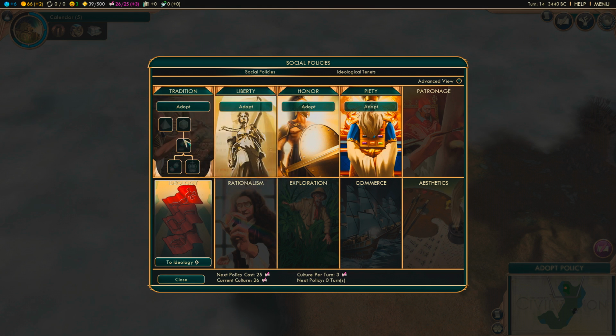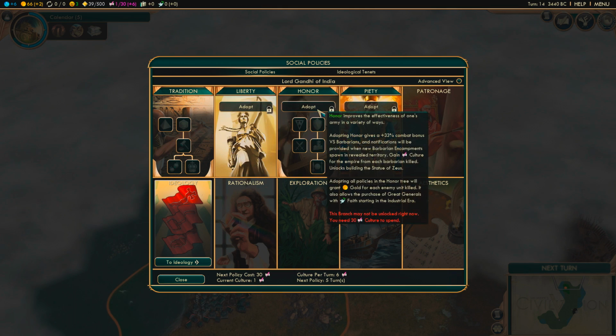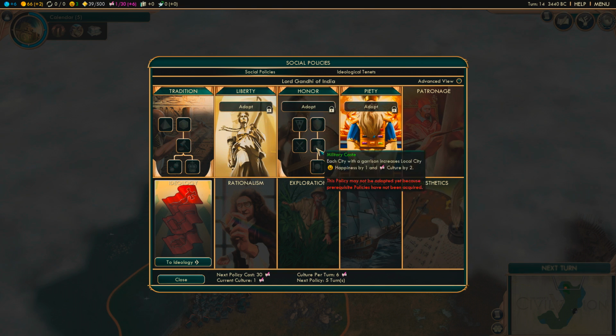So we're going to actually start off by adopting the tradition tree, and that's sort of all I need to say about that. And then they'll give us certain perks, and then after that we'll probably get honor. Because the honor tree, it's good for military, and that's sort of the plan. So we're going to finish off tradition, and then probably start on honor, and then get honor partially done, and